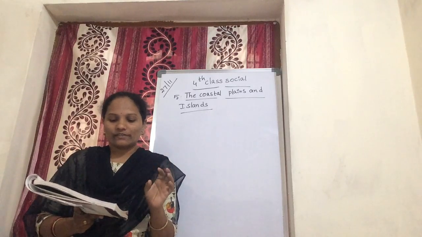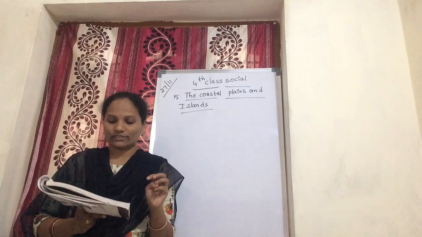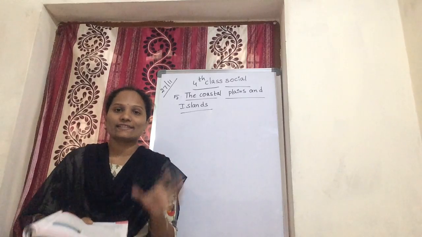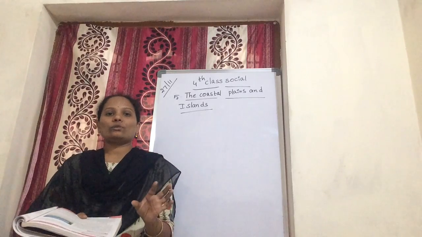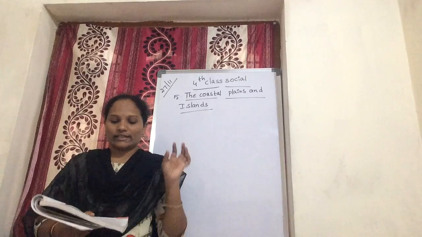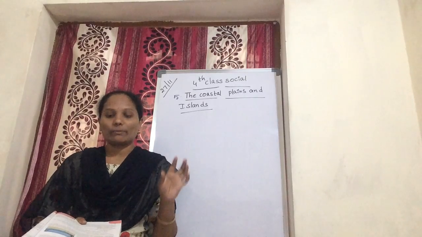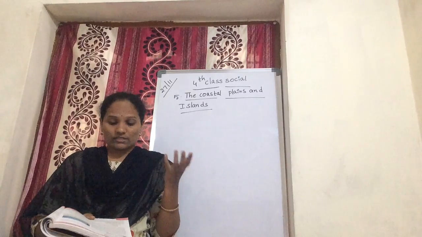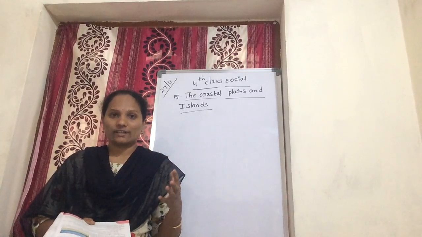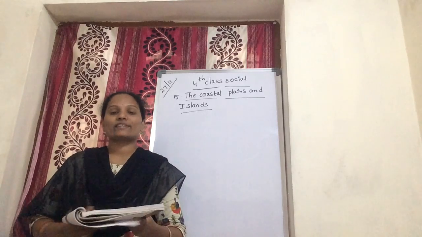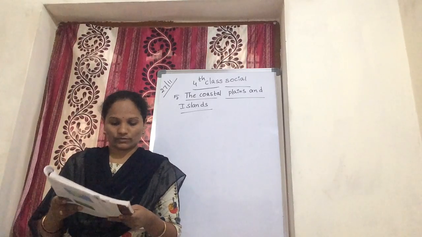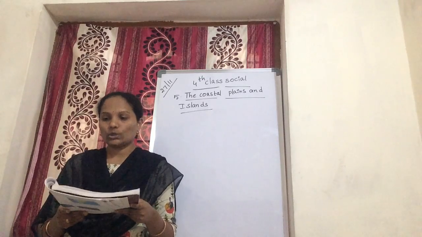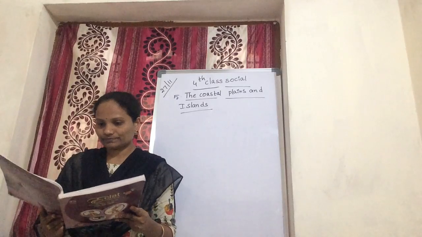Now next, Amma. Western coastal plains extend from Gujarat in the west to Maharashtra, Goa and Kerala. Eastern coast and western coast. Now, the eastern coast runs from Tamil Nadu to West Bengal. The west coast runs from Gujarat to west of Maharashtra. Now, the two types of Indian coastal plains are discussed below in detail.